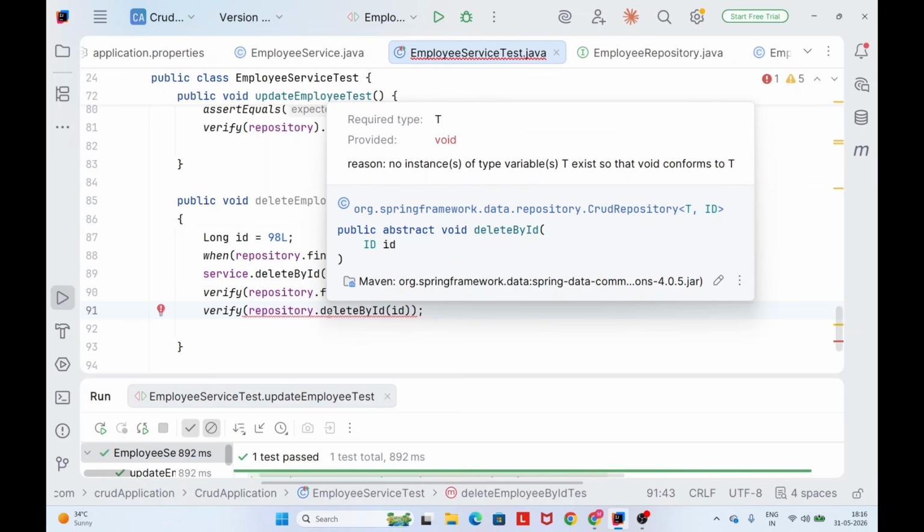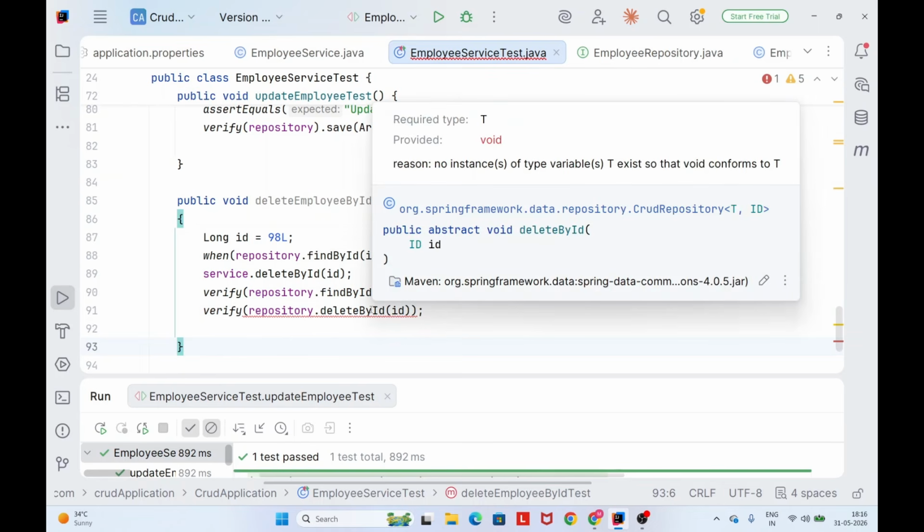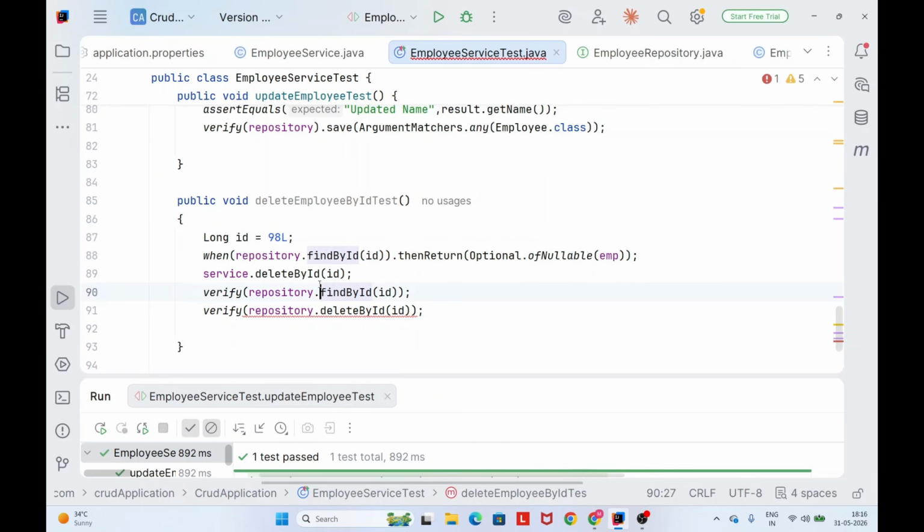Required. So here, instead of calling delete by id, as it is returning some required type, it returns some generic variable, but the provided is void, so that's why it is throwing the error. So what we can do is check whether this method has been called or not. Simple, delete by id,